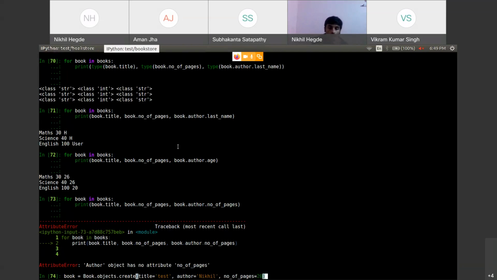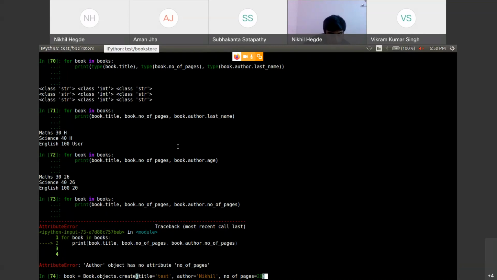So can anyone of you guess whether it will create the object inside the book table or not? And if it creates, why will it do so? And if it doesn't create, what is the reason it doesn't create the object? Can you answer? Whether it's a valid query or not?